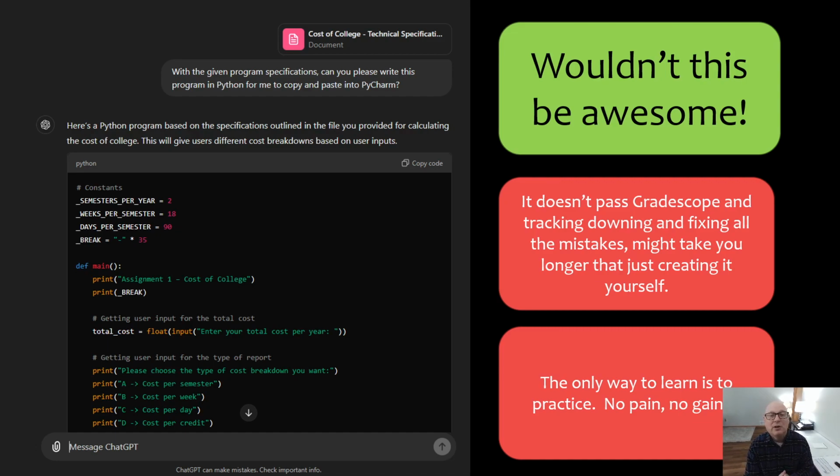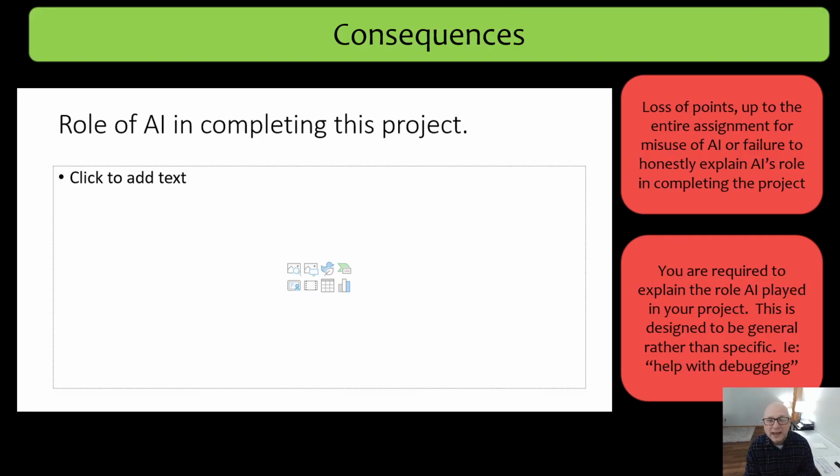By the way, this code also uses the dunder name, dunder main method, which we're not going to even get to till later in the course, and it would be a red flag for me that you used AI. And there are other red flags in the code too. They write the code more efficiently than most of you would be capable of writing at this point. It also has a certain comment style that is really recognizable when you've been using AI for a while. So please keep that in mind and use AI appropriately.